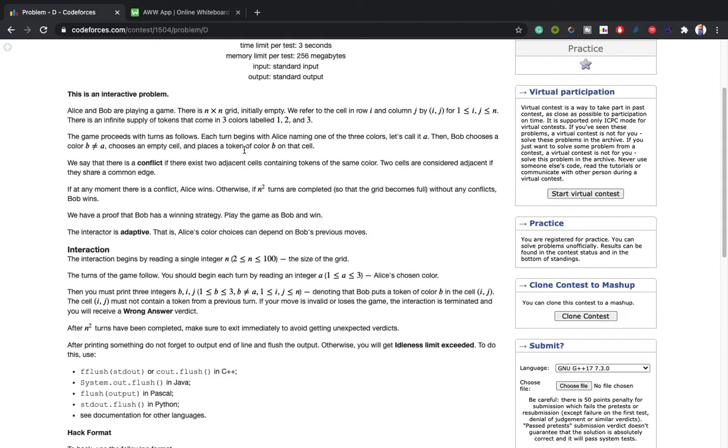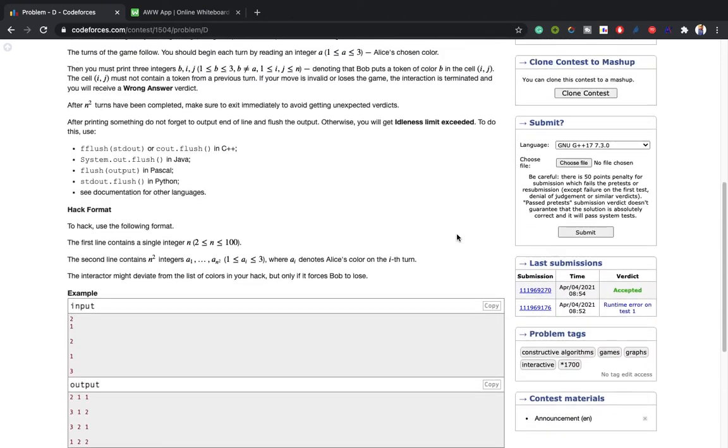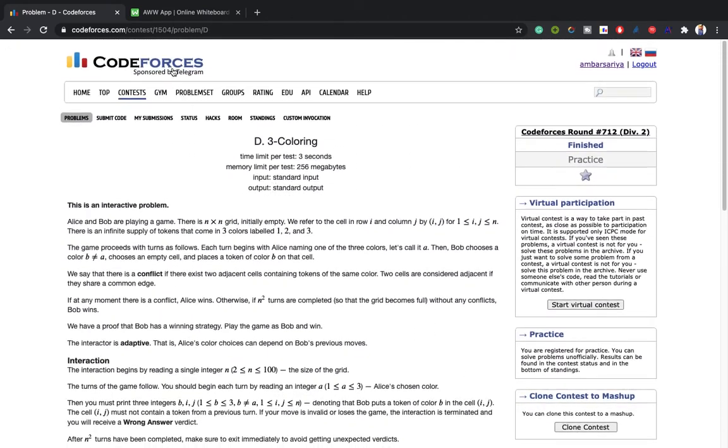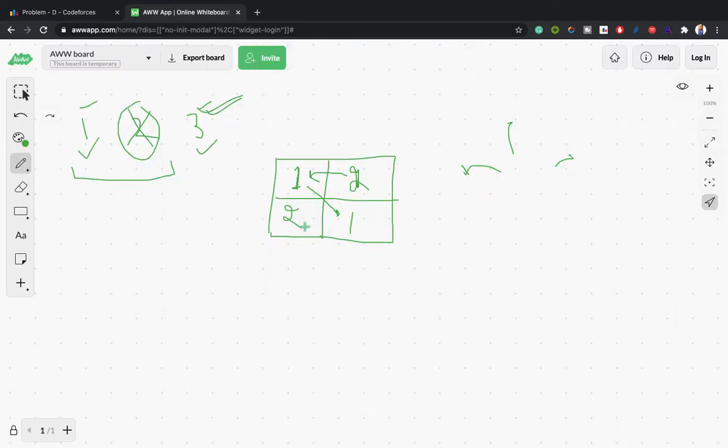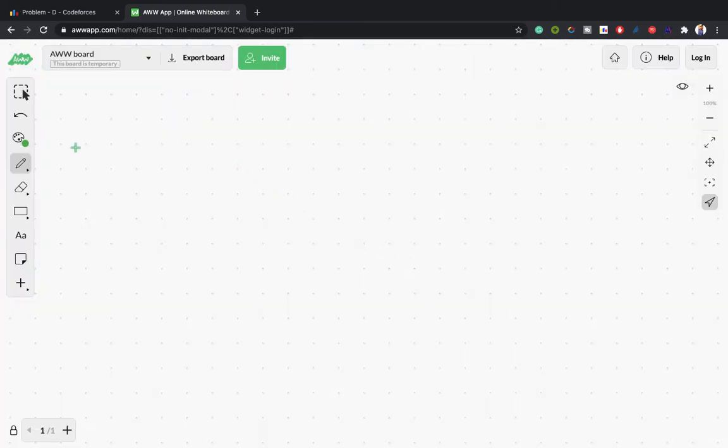So yeah, this is a simple problem. Here we can run brute force and get the answer. What we can do is first make a grid of 4 cross 4.